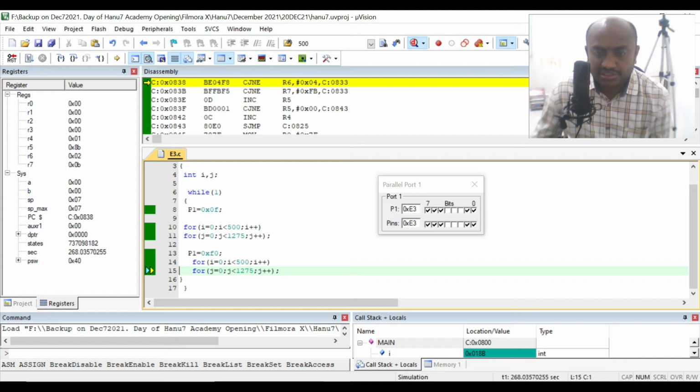Okay, so E3 you just note down somewhere, and then the next value is 1C.